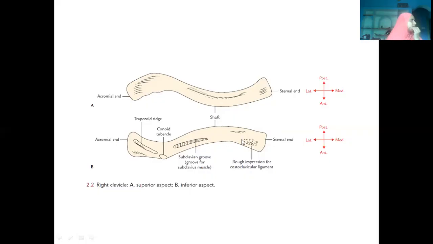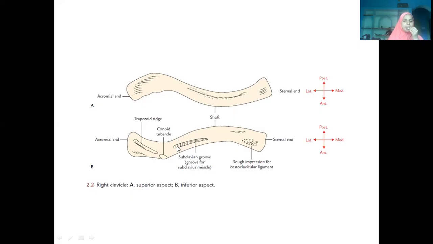When you see the inferior surface towards the sternal end, there is one roughened ridge, which gives attachment to the costoclavicular ligament. I told you the medial end of the clavicle is articulating with which bone? Sternum. Not only sternum, it is also articulating with the first rib. So there is a connection between the clavicle and the first rib, which you call the costoclavicular ligament. This roughened ridge, which surface do you find it on? Inferior aspect.